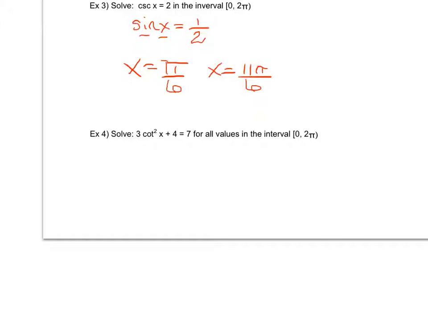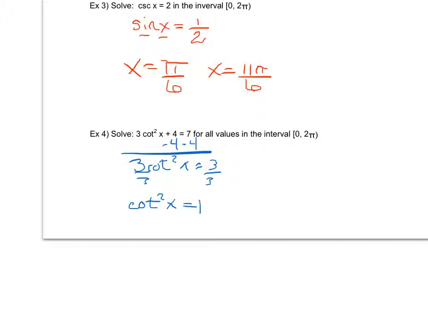So example 4, I have 3 cotangent squared of x plus 4 equals 7. Well, again, if I thought of this as a linear function, if I had 3x squared plus 4 equals 7, I would know I had to isolate that x squared so I could take the square root of both sides. I would do that by subtracting a 4 and dividing a 3. Well, that's exactly what I'm going to do here with my trig function, giving me 3 cotangent squared x equals 3. Dividing by 3 leaves me with cotangent squared x